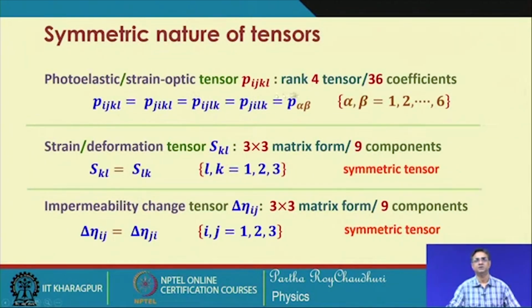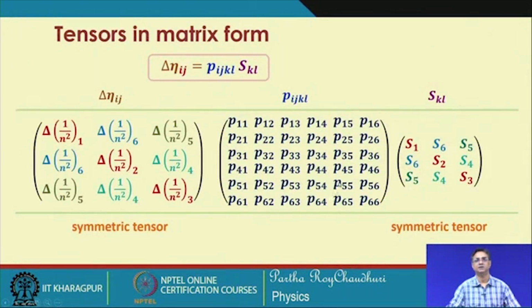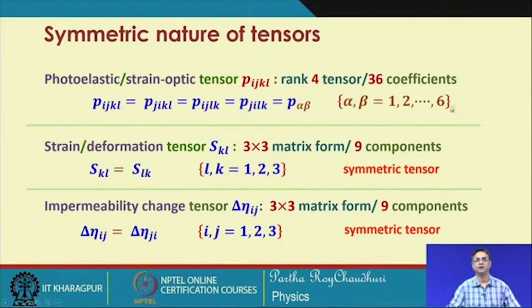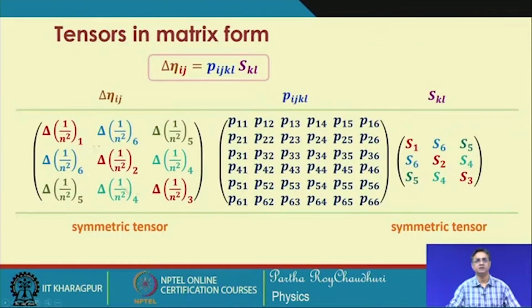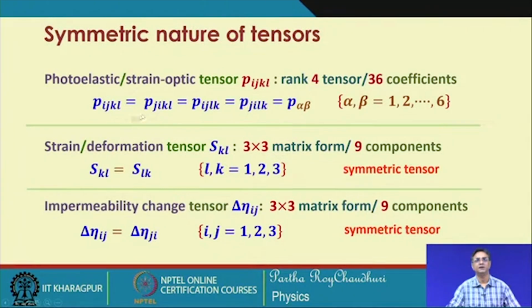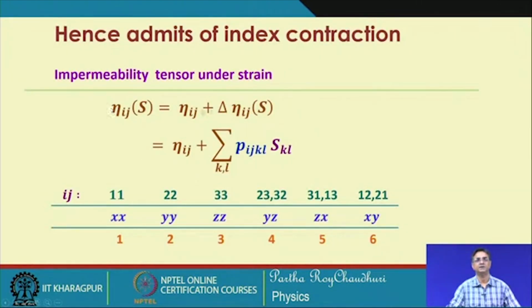Therefore, this is a rank 4, 36 element tensor. We have seen that this is a 6 by 6 matrix and you can apply this index contraction. So, this is very interesting that if I contract these indices, then we can represent this kl, lk, putting 1, 2, 3 for both of them as a symmetric tensor, ij, ji, that is also 1, 2, 3, a symmetric tensor. So, we can compress the indices to represent this. Therefore, now we apply this index contraction to this equation, which will give me this